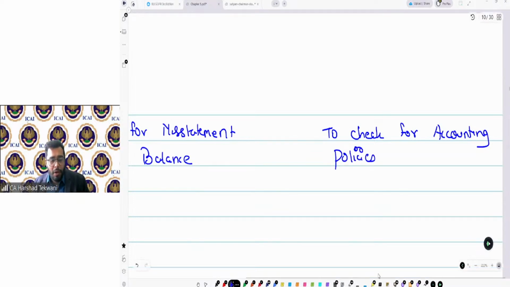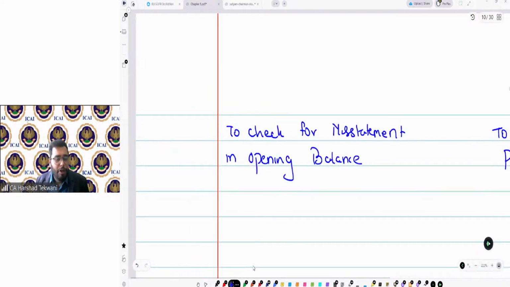Okay. Now, the first question: how will you check whether the opening balances have been carried forward appropriately? Or whether the opening balances appearing in the workings, or in the data that has been given to you, are the closing balances from last year? So how will you ensure that?